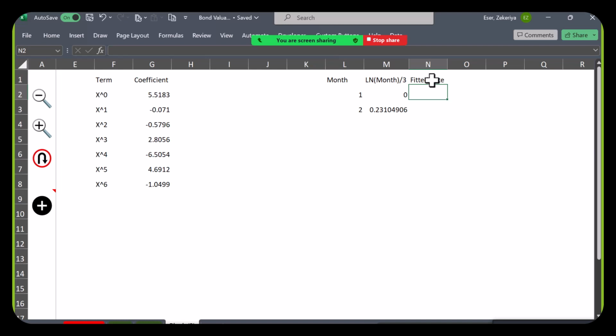Then we can calculate the fitted rate. I'm going to do something that I would hate if I was doing this for programming purposes, because this is not an efficient way of calculating the value of a polynomial. But that plus that times itself,